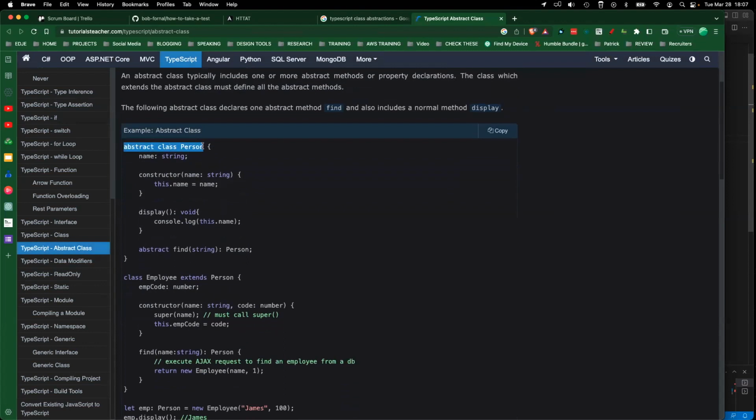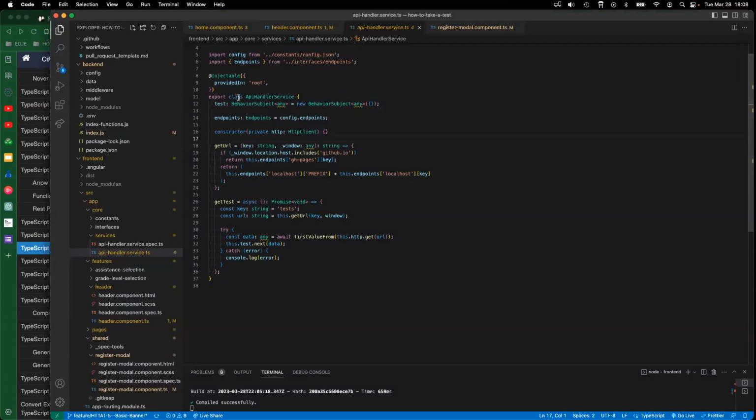So we have an abstract class person that we're going to use extending it. Okay. Notice we have to do a super passing that name because person takes a name. Okay. It's a little rough the first couple times you see it, but we're going to convert this one to an abstract class,